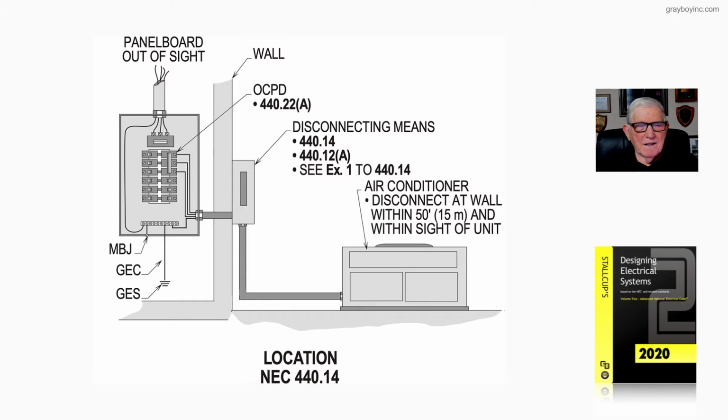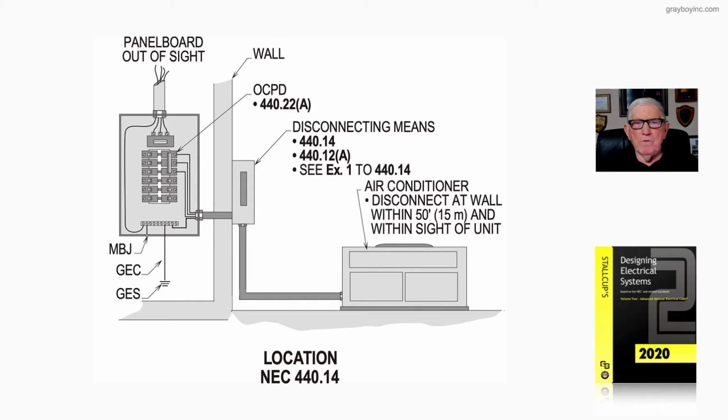Now this figure 19-8B deals with the disconnecting means for an AC unit. Now notice this air conditioner, this AC unit, the disconnect at the wall has to be within 50-foot bird's eye view as well as route of travel. Now this is in accordance with the definition of in sight, within sight, and so forth in Article 100 of the